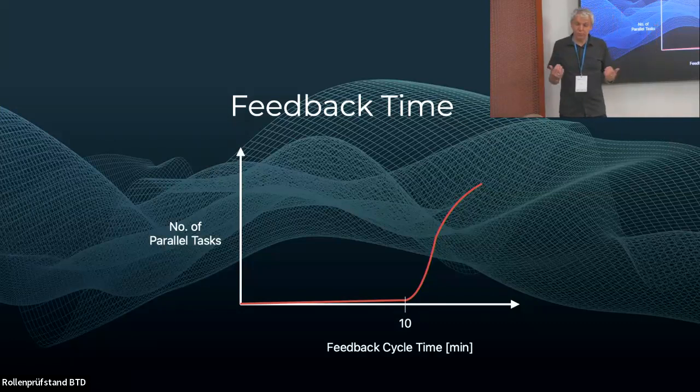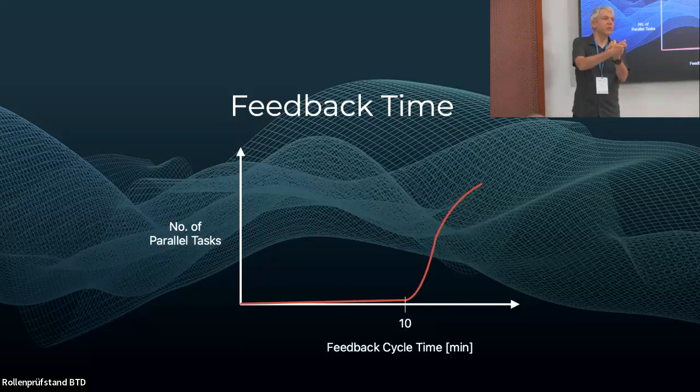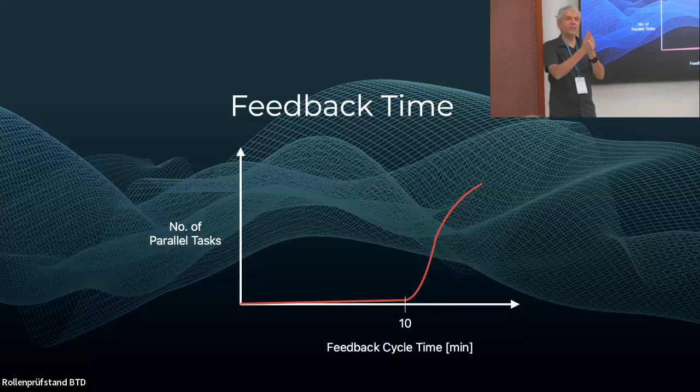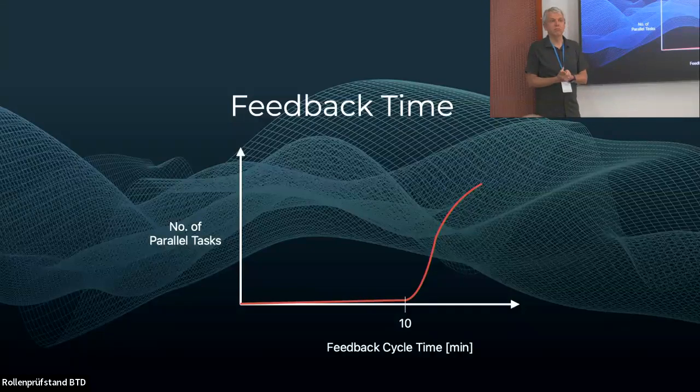I was talking with a large car maker, right? They were inviting us to talk about developer productivity, and I asked them a very innocent question, right? So how many feedback cycles do your developers have per day? What is the average time of the feedback cycle? How often do they fail? And the answer I got was, well, we have to do a survey. And I said, if I went to your factory and I would get that answer from the guy in the factory, how long does it take, whatever, right? It would be a deepest violation of your culture not to have this answer within 10 seconds, right? But in software, you have to do a survey.